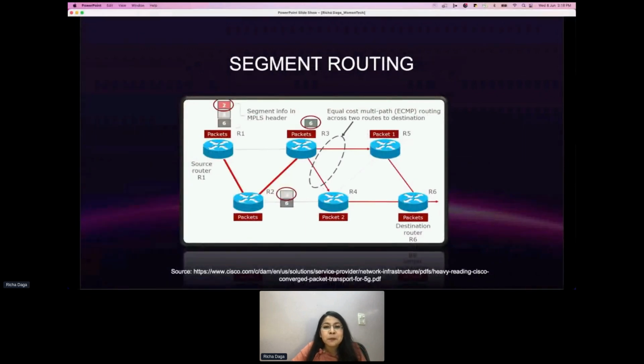So this is a simplified representation of segment routing through an MPLS network, and the benefits are such that the biggest packet networks in the world by node counts, mobile networks, are well suited to the benefits of segment routing because segment information is embedded in the segment routing header at the ingress router R1, in which you will see it defines an explicit path to the destination router via intermediate routers, that is R2 and R3.